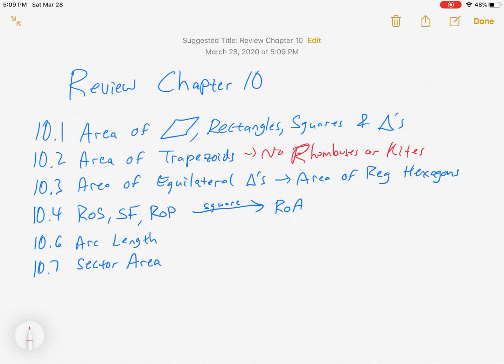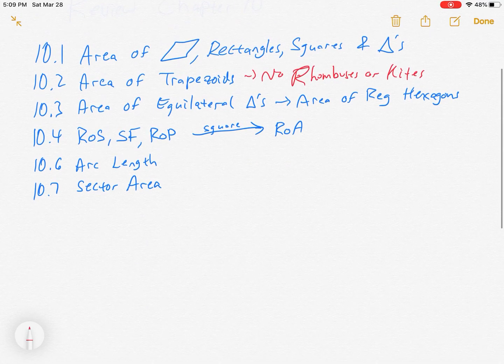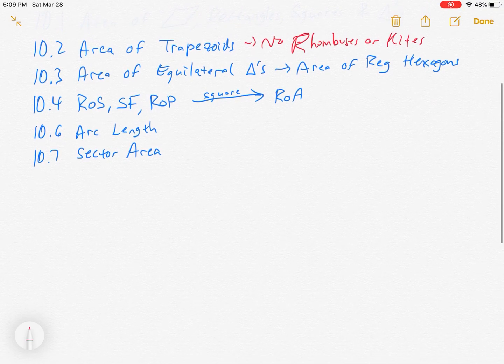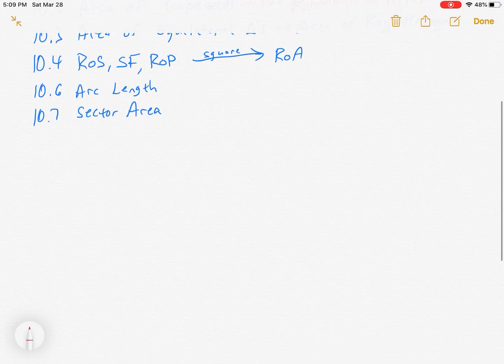I think I'm going to call them quizzes for the rest of the year. We'll do a chapter 10, 11, 12. We're just going to have them as quizzes in this format. So let's go over these things. We'll do 10.1, 10.2, 10.3, and then take a break and do another video with 10.4, 10.6, 10.7. So starting off with the